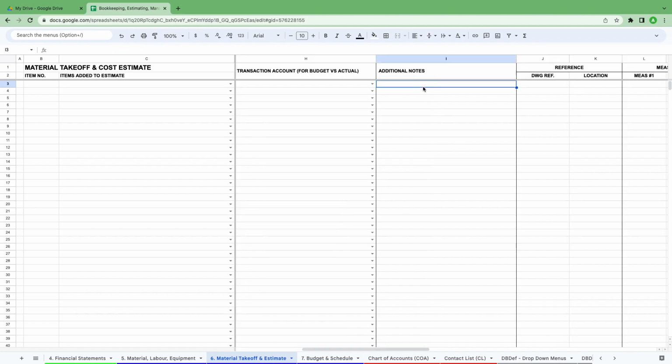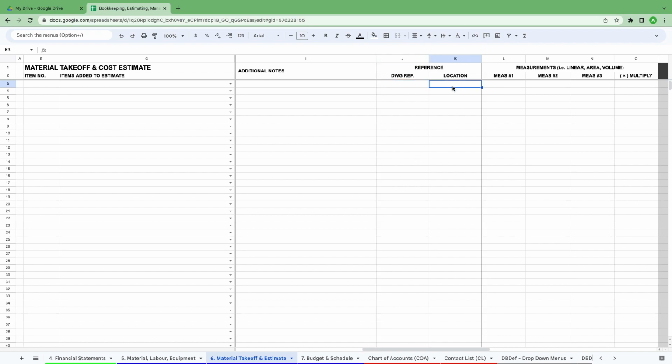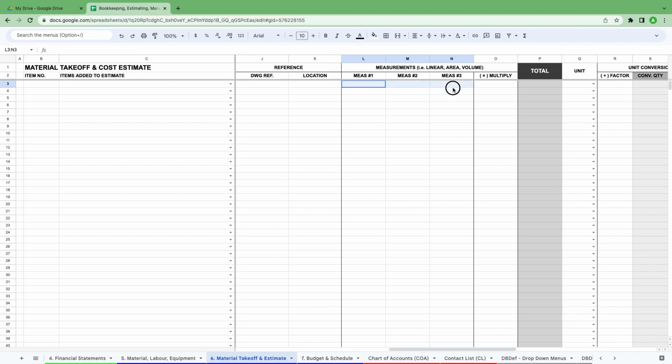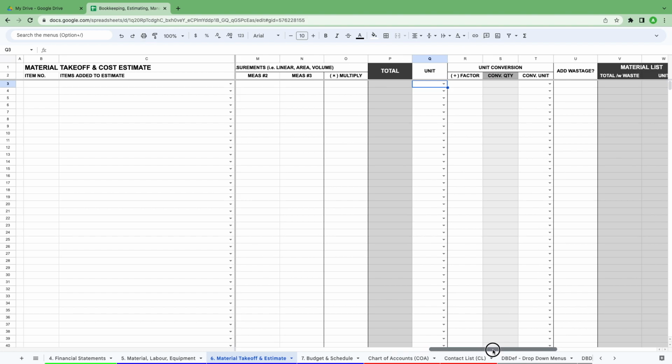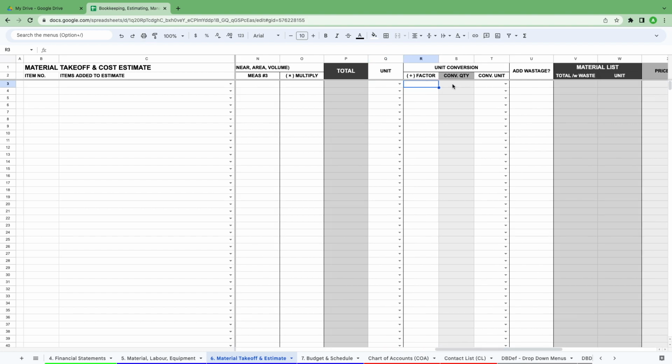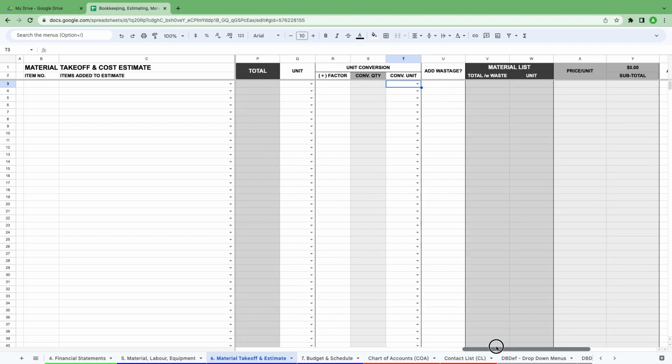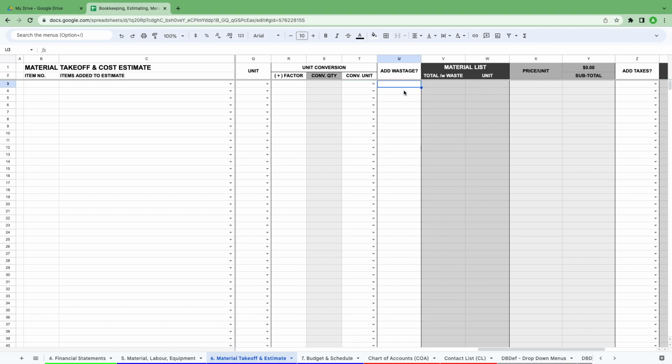Next, you want to add additional notes, your drawing reference, and location. Then you want to do your measurement takeoff. You're going to get a total. You want to add the unit price. In some cases, there might be a conversion rate that you have to apply, and the unit after the conversion rate. You want to add any material waste, and then the spreadsheet is going to calculate the total with waste